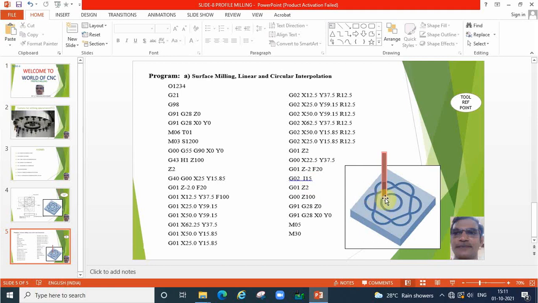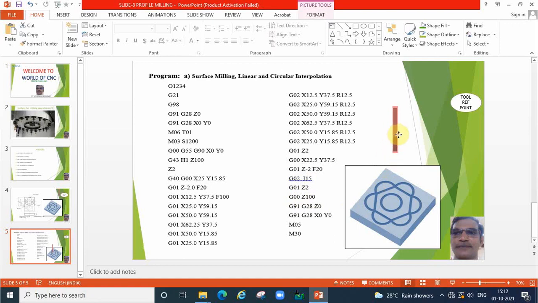Okay, now I am keeping the tool here and creating a circle. The value will be G0 to I15. 15 mm it is changing in x direction. That's all. And then lift the cutter to 2 mm. And then once again bring the cutter to Z 100 mm height. Now the tool is lifting 2 mm. Once again lift the cutter to 100 mm.